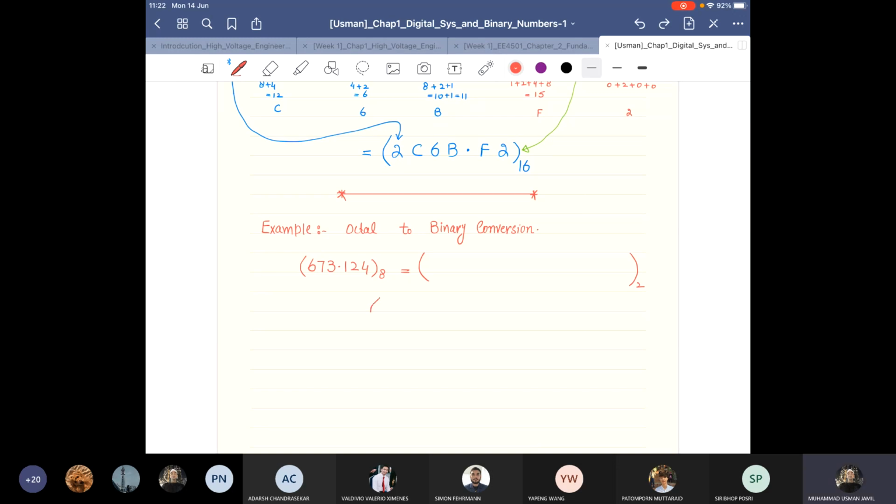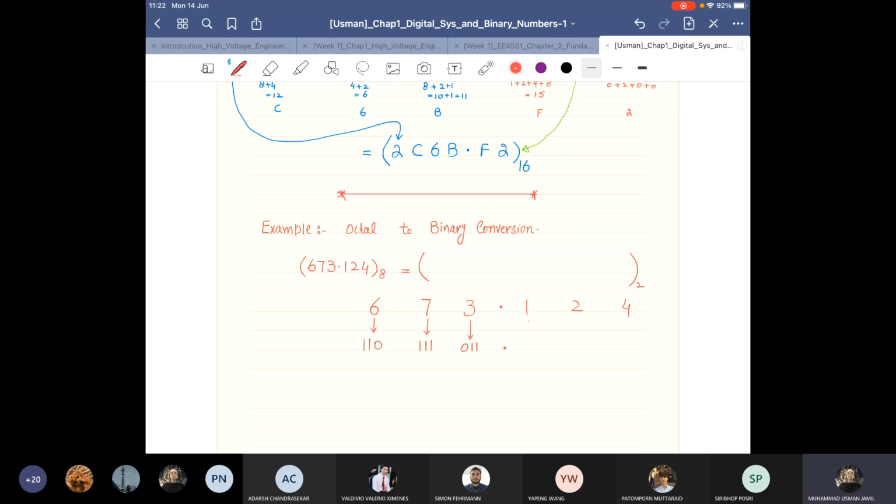I can say 6, 7, 3 dot 1, 2, 4. Now this is my dot, and 3 in binary is, we know, 0, 1, 1, and 7 is 1, 1, 1, and 6 is 1, 1, 0.